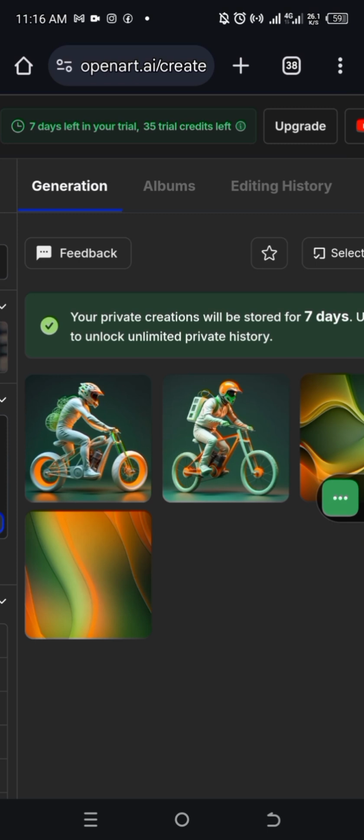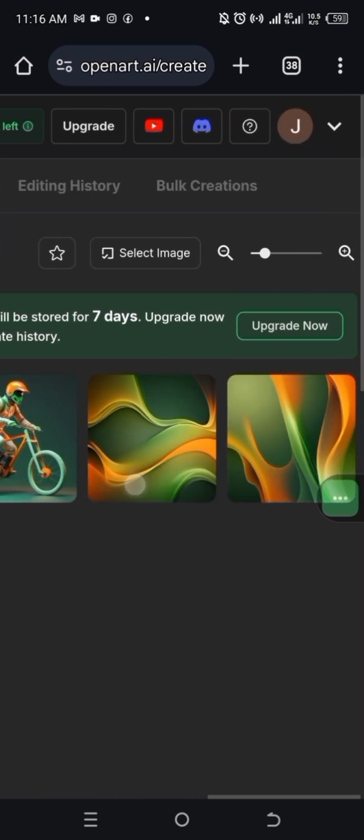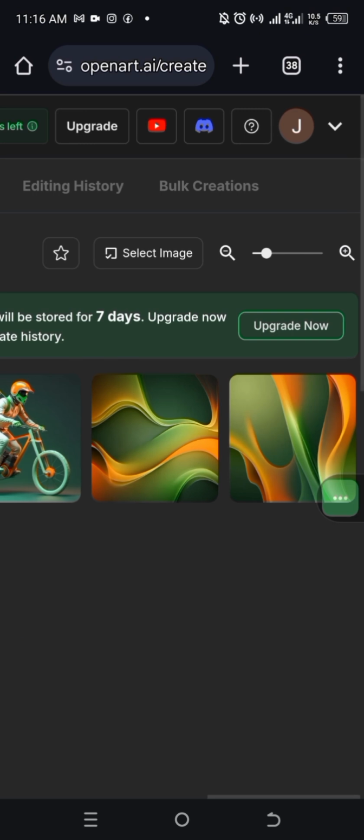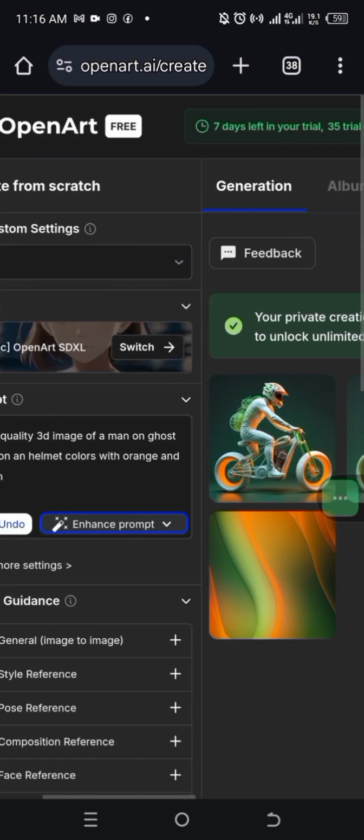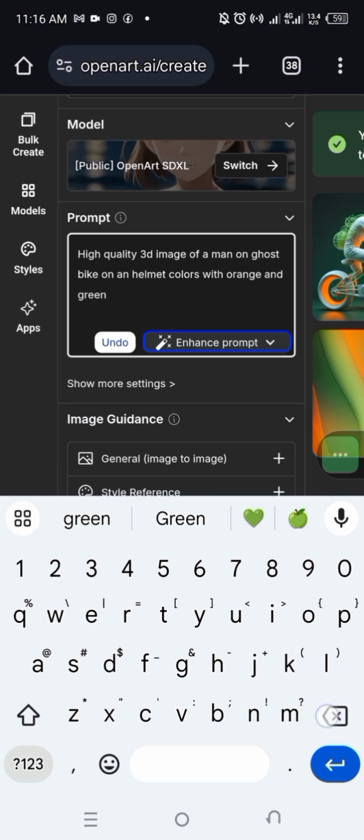Now the next thing I usually do is I also want to get my own background. My background, you could see I've even gotten my background here before. And what was my prompt? This was the prompt I used on openart.ai. This was the prompt I used. I said